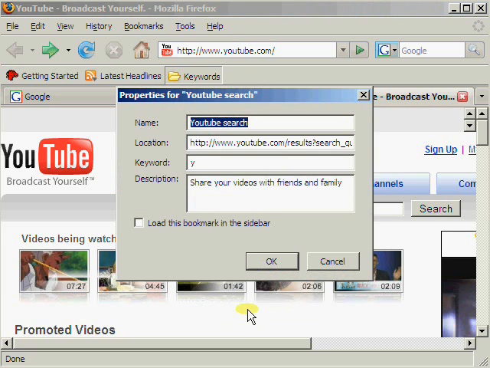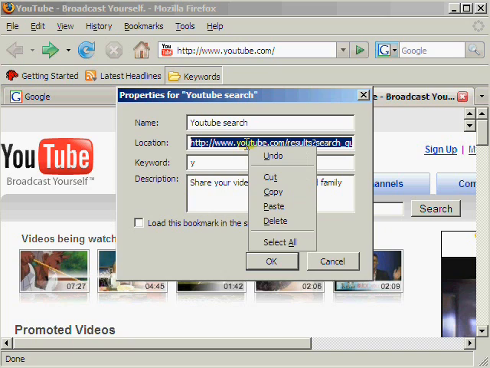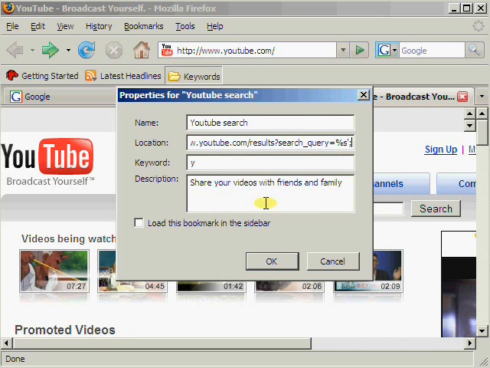and I want to go to the line that says Location. I want to make sure that everything is highlighted, and I'm going to right click and hit Paste, and that should paste the JavaScript into the line. So I scroll back over and see that that was okay. So I'll hit OK,